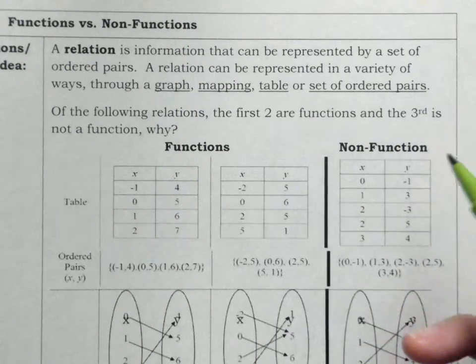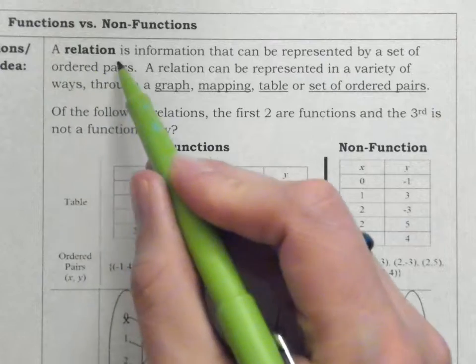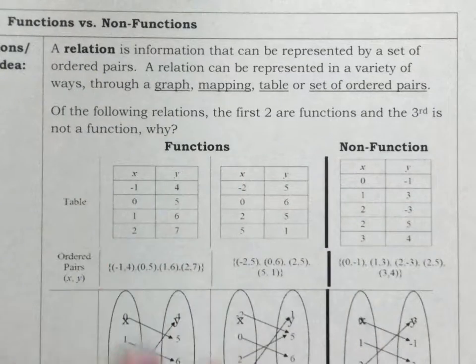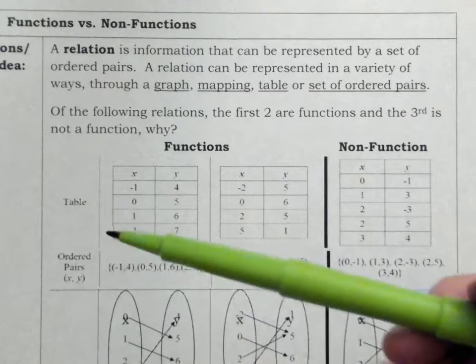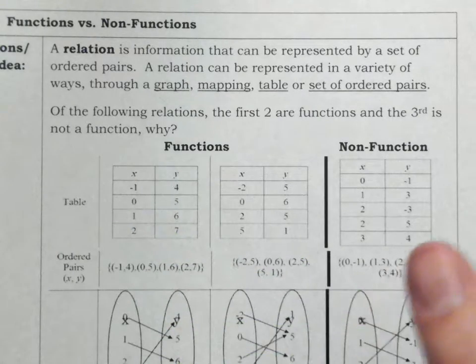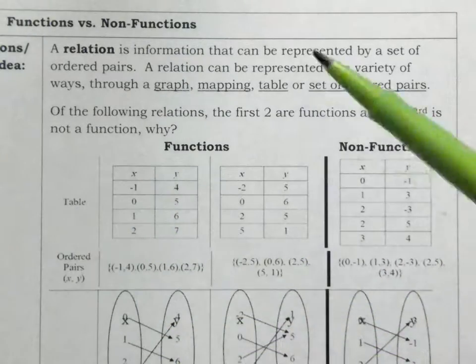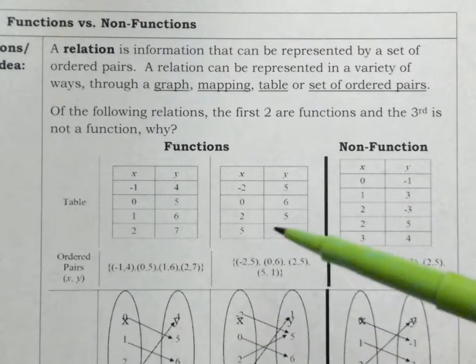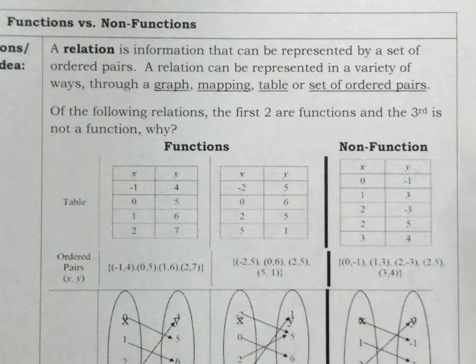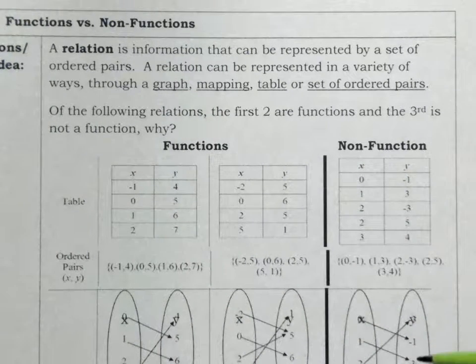Why? So anytime we talk about a relation, we're talking about any set of ordered pairs, and they can be represented multiple ways. So these are all the different ways on your notes here that they can be represented. And every single set here is a relation. But some of the relations are functions, and some of them are not functions, and we're going to talk